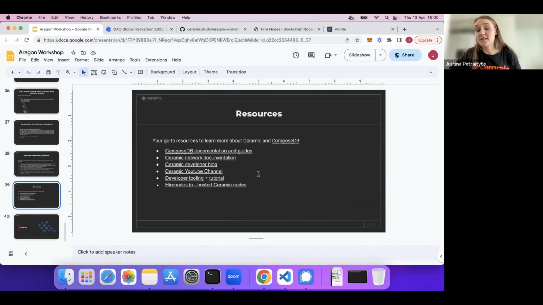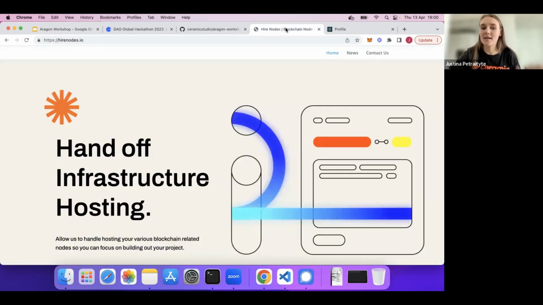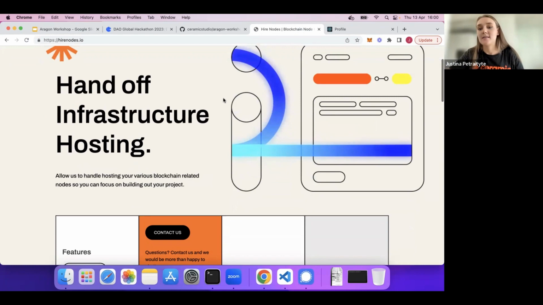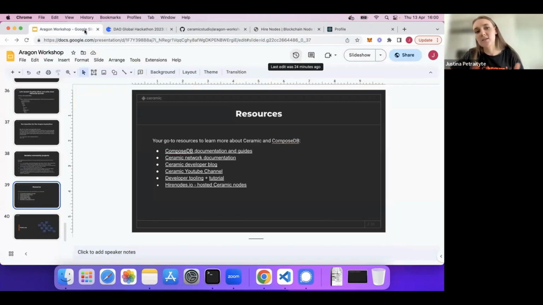And I also have a bunch of resources that hopefully will be useful for everyone. We have docs and all of that stuff, but the one that I wanted to mention at the very end is highernodes.io. This is something that developers can use to basically get a hosted Ceramic node, which might simplify your setup a little bit. This is built by our community members as well. So you can basically get a Ceramic node configured for you, for your project, and you don't have to do all of the setup yourself. Because otherwise you will have to run your own node, configure quite a few things. All of the details are in our documentation, but just wanted to highlight this just in case you want to consider this as an option.